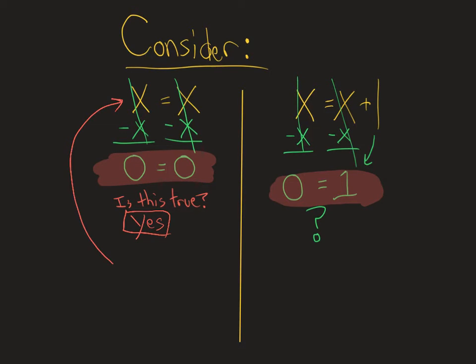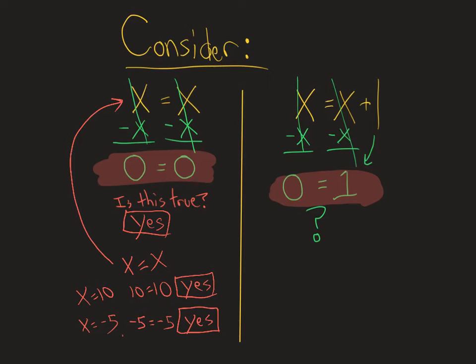And then let's back up a step. Let's also consider the original equation x equals x. Let's plug in some values. If x were to equal 10, is it true that 10 equals 10? Yep, that's also true. What if we plugged in x equals -5? Let's plug that into the equation. Does -5 equal -5? Yep, it does. And we can keep going on and on if we want. We can plug in as many values as we want. X equals x tells us that any number we plug in for x is going to equal itself,